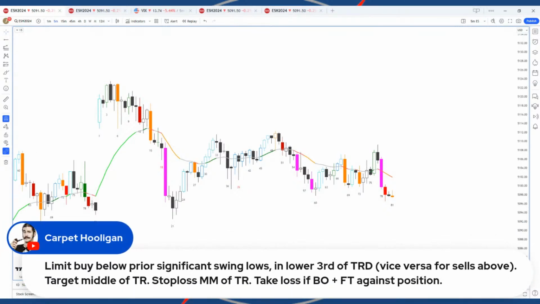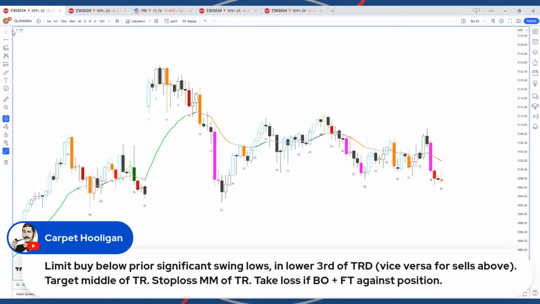So here, let's put this up on screen here. Limit buy below prior significant swing lows in lower third of trading range. Nice. And so when you say significant swing, so then I guess these are all swing positions then, because one of the interesting things that your statement actually translates into is, like, I love taking those trades by the bar, right? So if you look at one of the signals that the system generates for me,